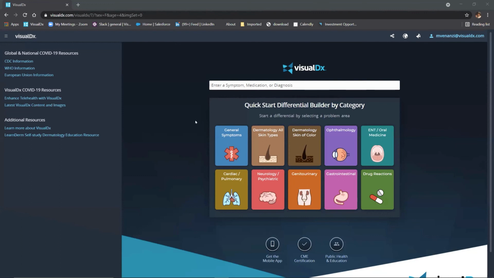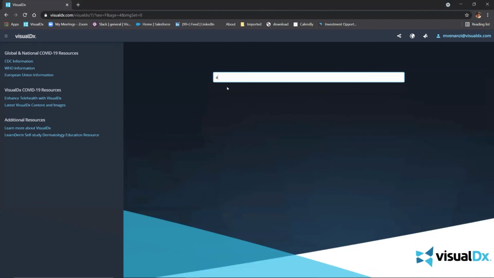You can also use it on your mobile device, Android or Apple. You see all the same content, all the same images on your phone. Two approaches to VisualDx. You can look up any diagnosis. So if I want to look up actinic keratosis, for example,